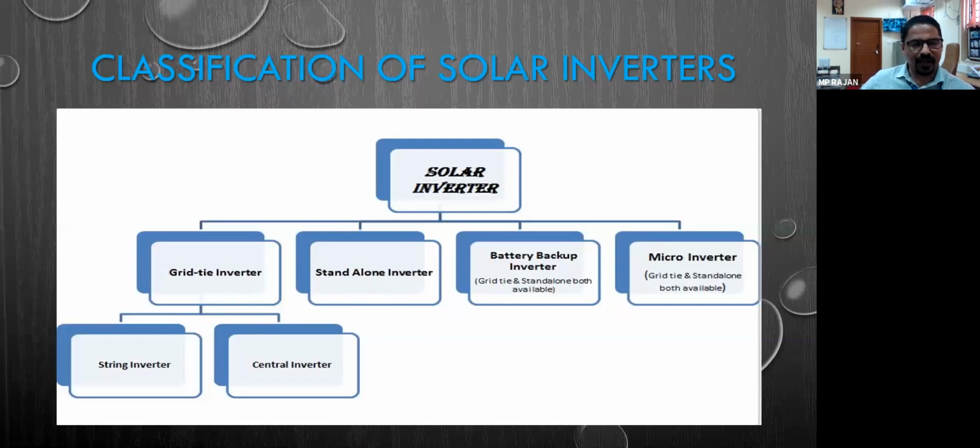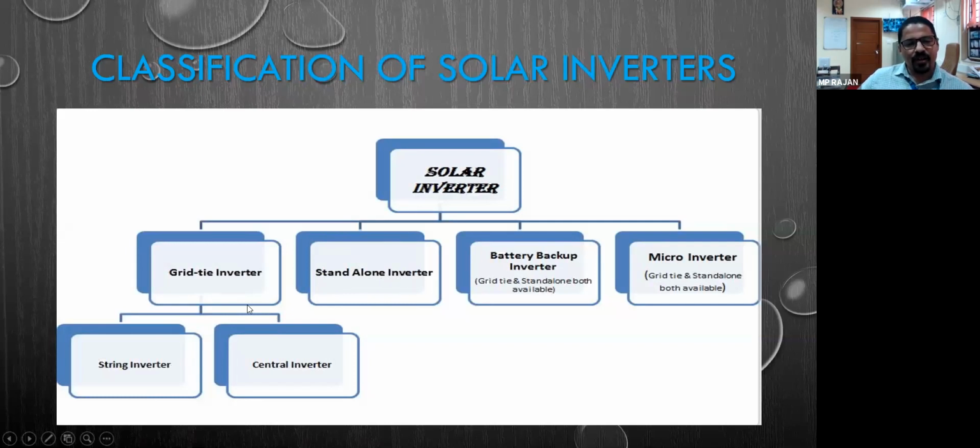We saw in the last class that grid tie means whatever power is produced, it is used for two purposes. One is for our own purpose, and secondly it is supplied and connected to the normal grid. So whatever excess power we have is converted and connected to the grid. Whereas off grid is only for us, it is private. Off grid is not at all connected to the grid. Whatever energy is produced by our solar panel is utilized in our household purpose.